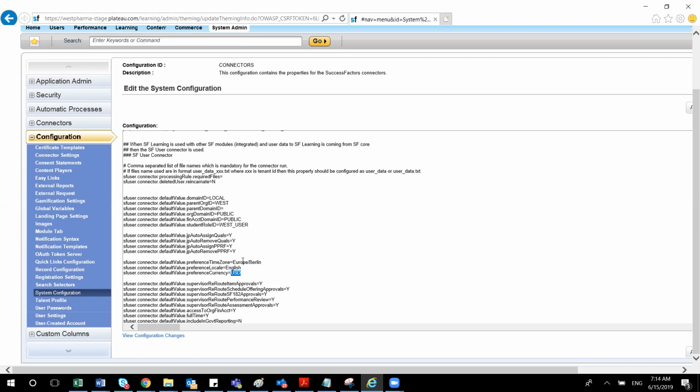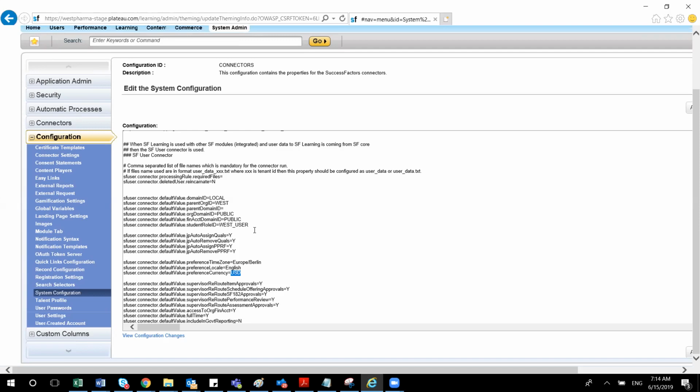If you are using the default domain, it is showing a local. But whatever domain you have created for your organization, you have to set that default domain here. Similarly for organization ID, domain ID, role ID. Suppose this is showing West underscore user; whatever default role you have created for your organization, you have to maintain that.